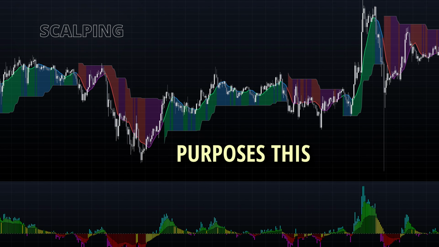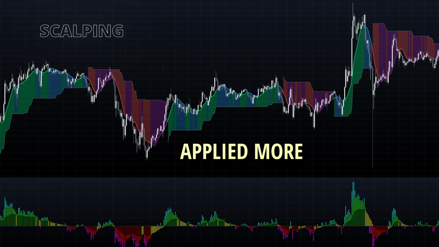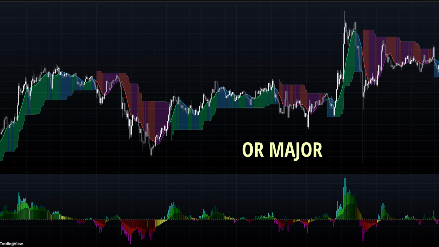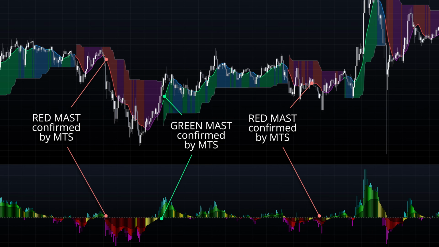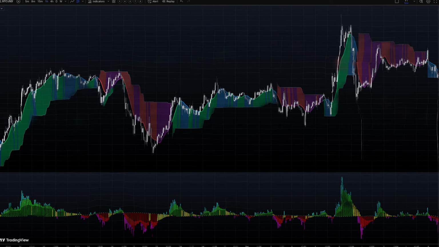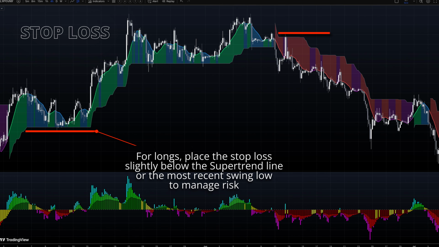For scalping purposes, this strategy can be applied more aggressively without waiting for major breakouts. When all indicator conditions align, traders can take more frequent entries with tighter profit targets, though with potentially lower reliability than the trend-following approach. For long positions, place your stop loss slightly below the super trend line or the most